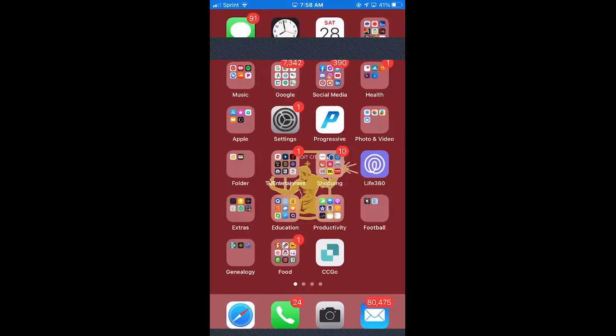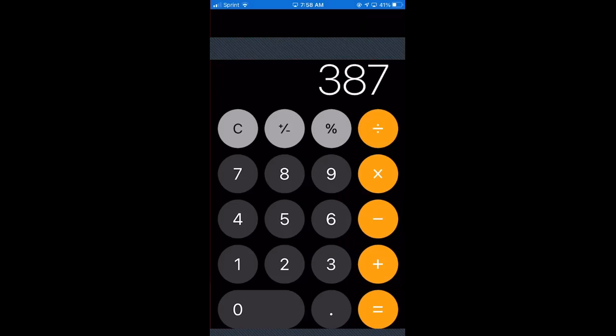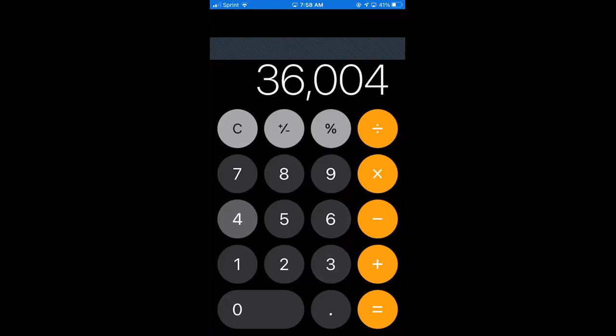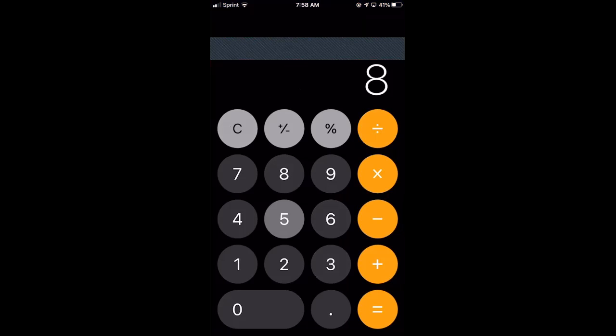So if I can move this to the side, we can see that I have the problem of 36,004. And I always recommend you double check your numbers before you hit the division symbol, 853, and that equals